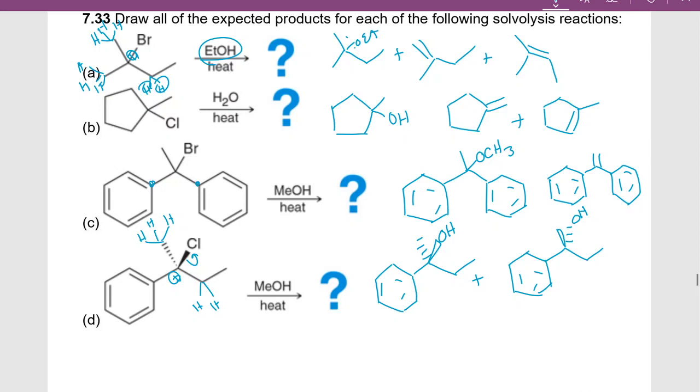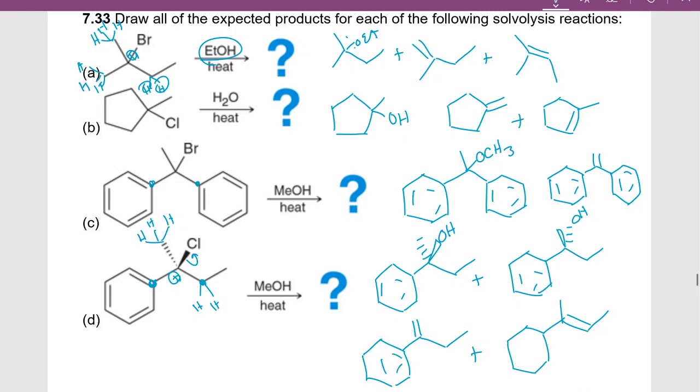Okay, and then we can also get elimination products. Now we can't eliminate on the ring. We can eliminate from these 2 hydrogens I drew, or the 3. So that's going to be which? This way. That's our Hofmann product. Or we can get this Zaitsev product. If we pull off one of those, we can also get the